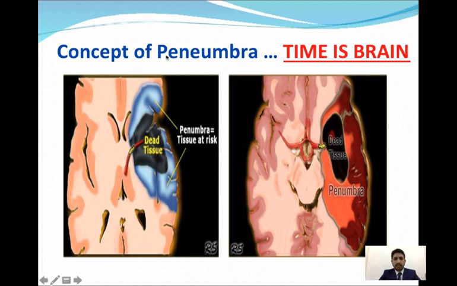It is very, very important that you understand the concept of the core of the infarct and the penumbra around it, because as time passes by, the core becomes big and the penumbra starts to shrink. So that's why when you see a CT scan of a stroke patient after 24 hours, you see a very, very big infarct. It is because the blockage was not reversed and the core has reached its maximal size, and the penumbra that could have been saved was not saved. So that is where the term time is brain comes from.